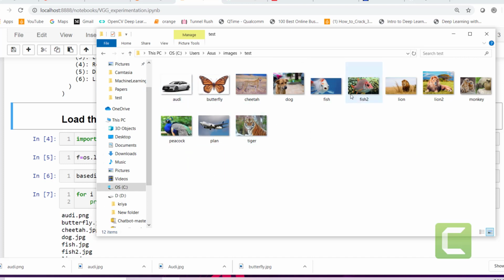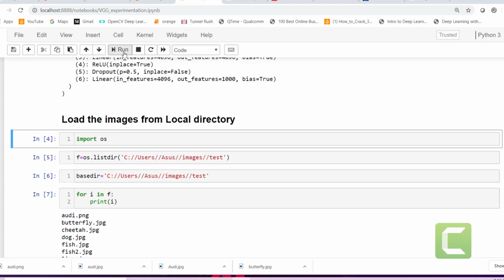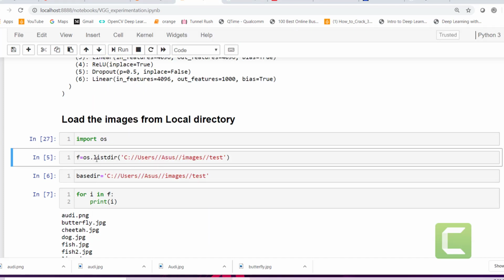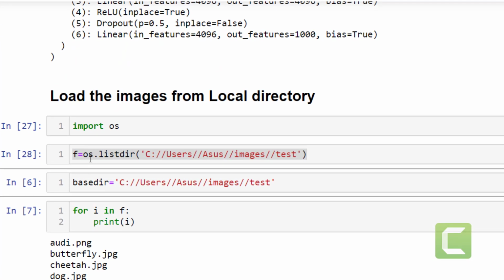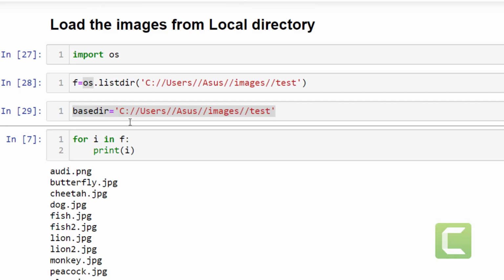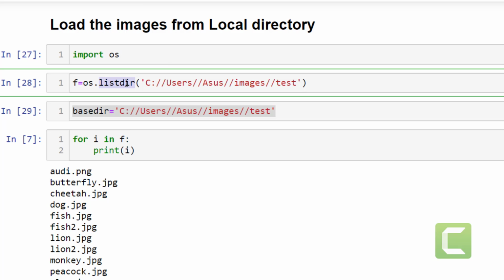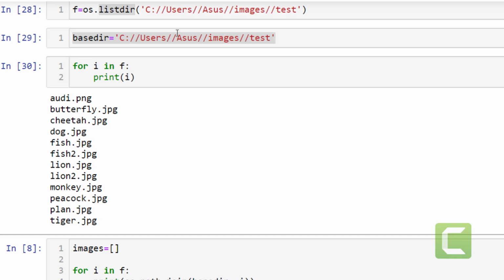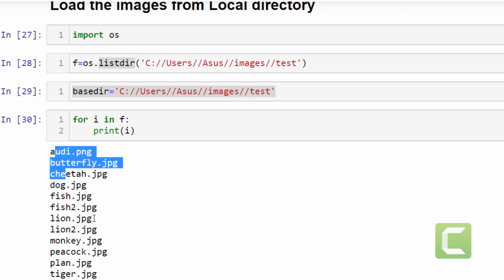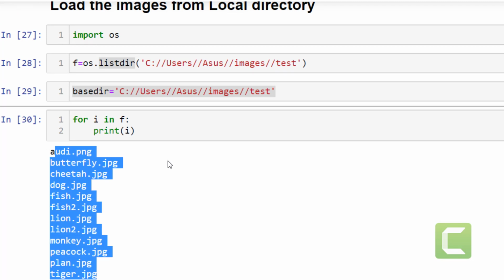Okay, so there are multiple things here. So I need to import the OS because I want to read all the files in this directory. Okay, so that is read in F. Okay, so base directory is my current working directory. No, this is the directory where the images are. It's not my current directory. Okay, so that is the base directory. Now let me see what os.listdir has done. So I'll just print all the files that it has listed. Okay, so these are the images that are present in that particular directory.